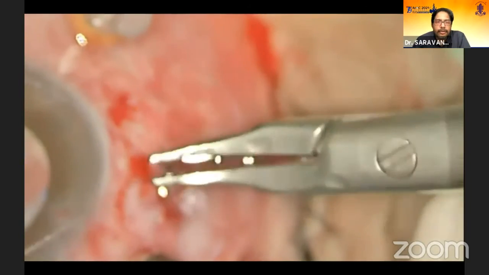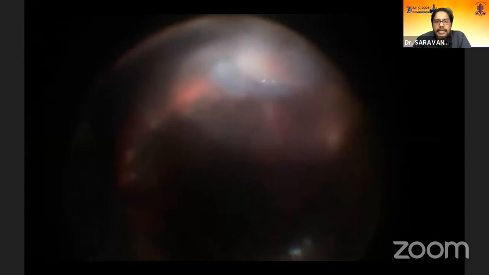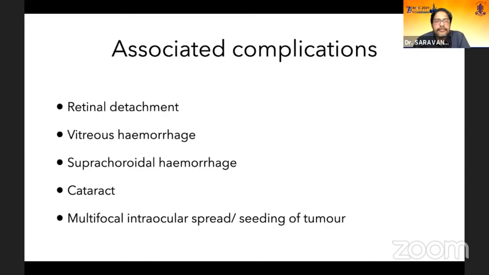So make a nice sclerotomy and trim out the vitreous around it before you attempt to hold it and remove. Depending upon the size and location of the large defect, you can go for oil or gas, depending upon the size of the defect which you have made. So these are the various techniques which I've been practicing.